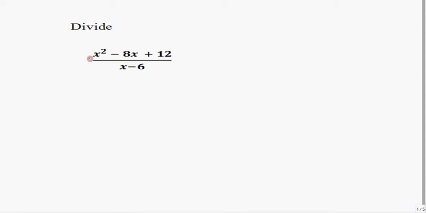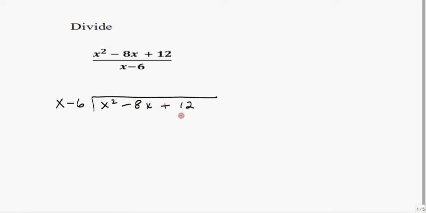Alright, so we have another division problem. We're dividing a trinomial by a binomial. Remember, anytime we're doing division of polynomials and you're dividing by a polynomial, we have to set it up using long division. So we take the x minus 6, that's the divisor, and divide it into x squared minus 8x